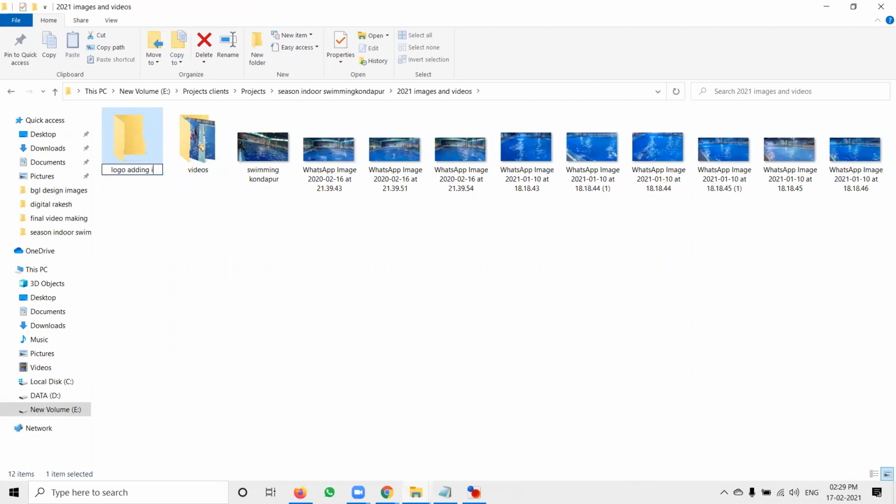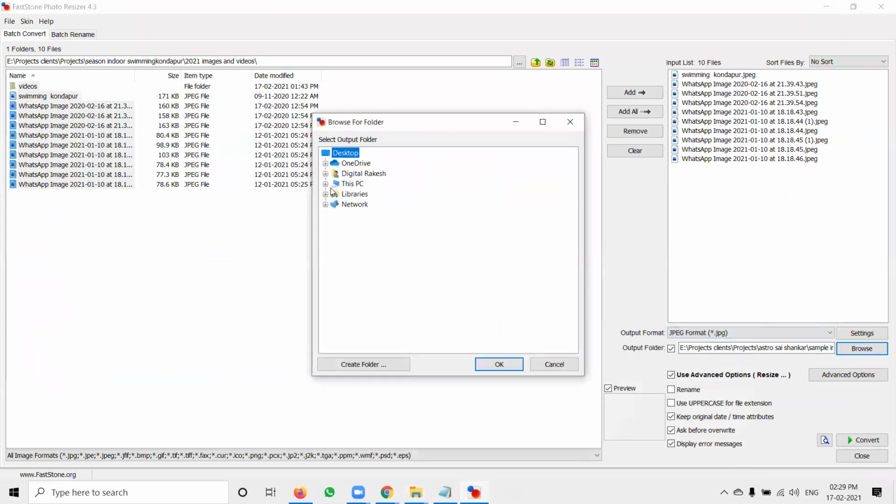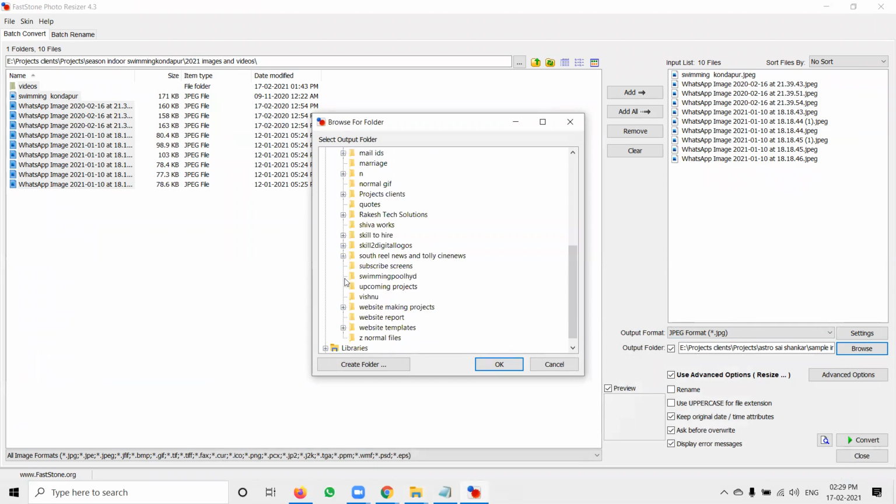Now select your browse file where you can add the files. Select them.